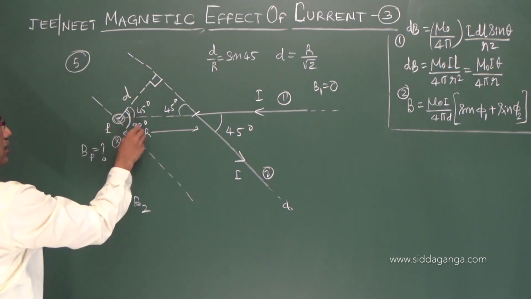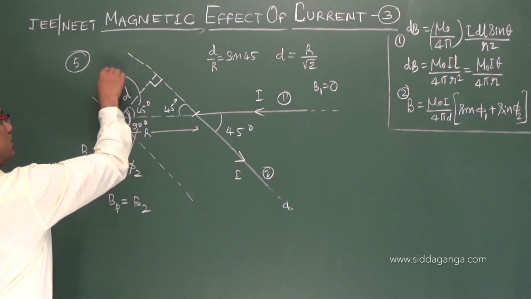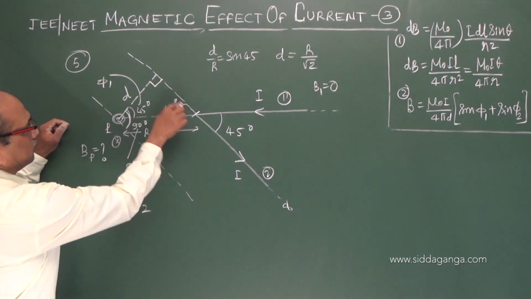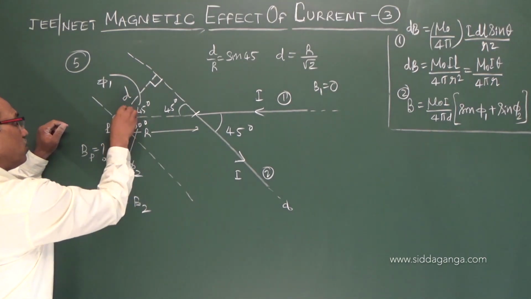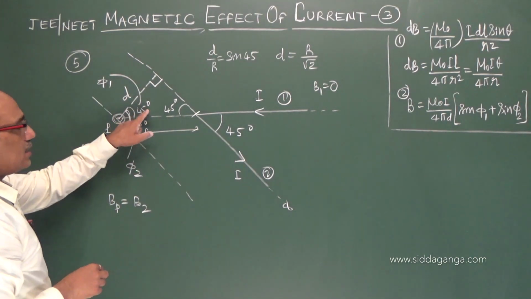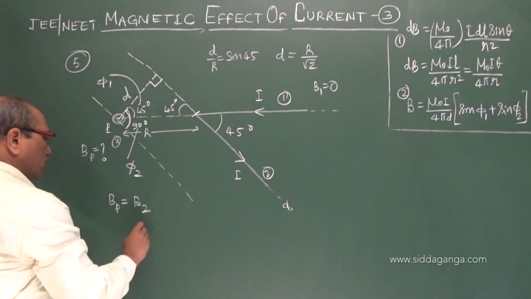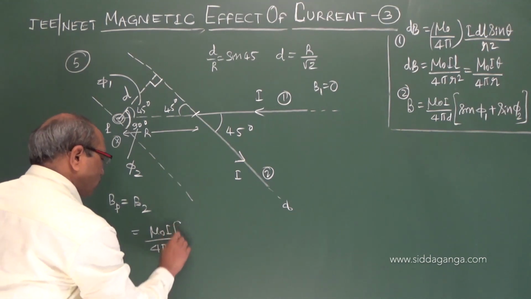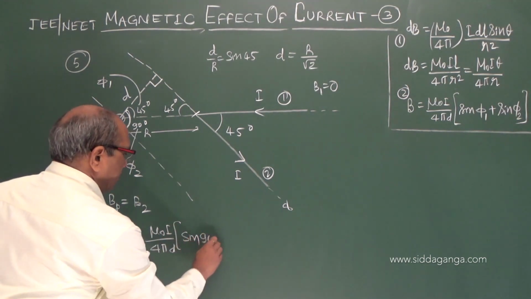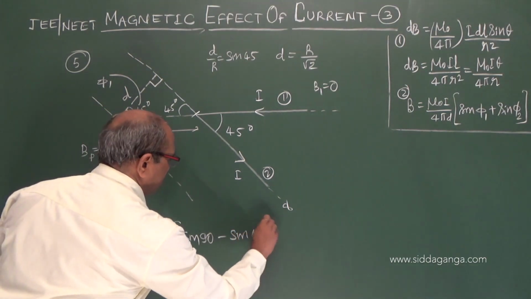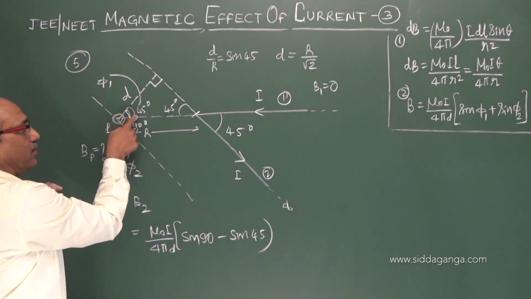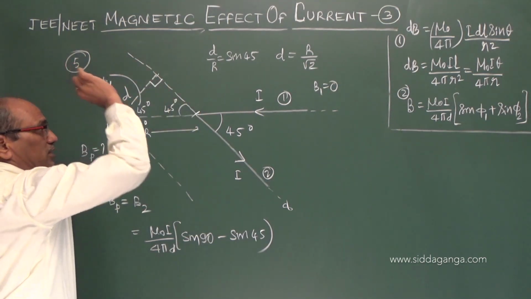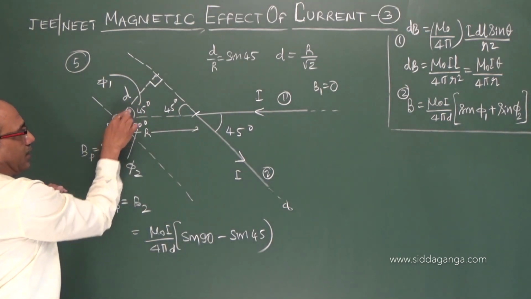With respect to the normal, this is phi 2 and this may be phi 1. And remember here, this 45 degree what I am showing, the conductor is not there, but I accounted up to that. Therefore, sin 90 minus sin 45 in that equation I have to take. That means mu naught I upon 4 pi d into sin 90 minus sin 45 I do, because here there is no conductor. This length's magnetic field producing has to be subtracted, because in the first part I accounted that.